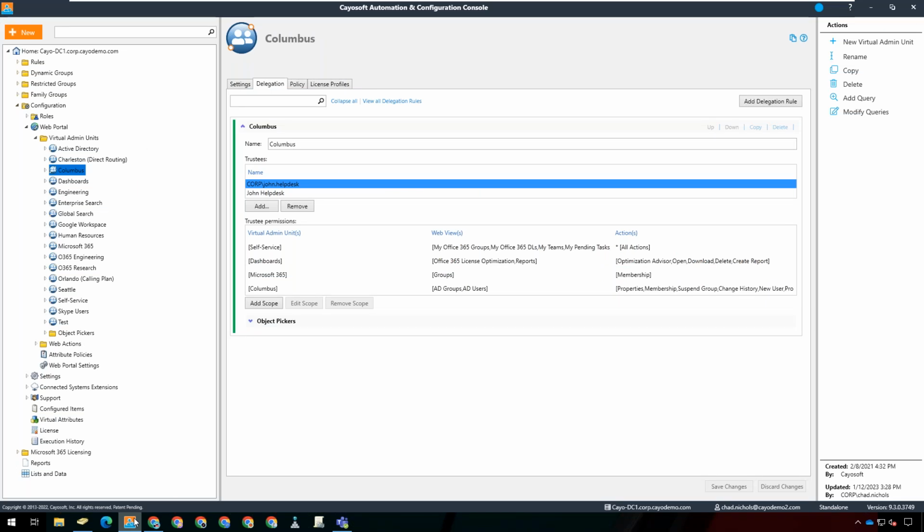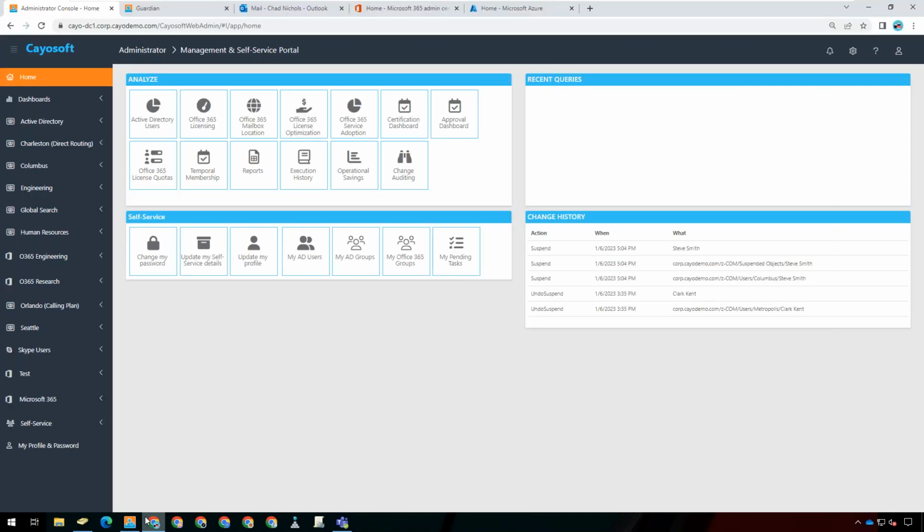And then the other piece to Administrator is the configuration console, and this is where you set up everything. So this is where you perform delegation. This is where you set up our dynamic group feature, which we'll go over in a little while. Automation rules, so fully automated user provisioning and deprovisioning, audits, things of that nature. So let's talk about